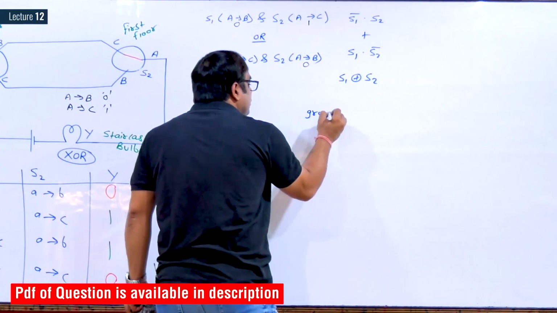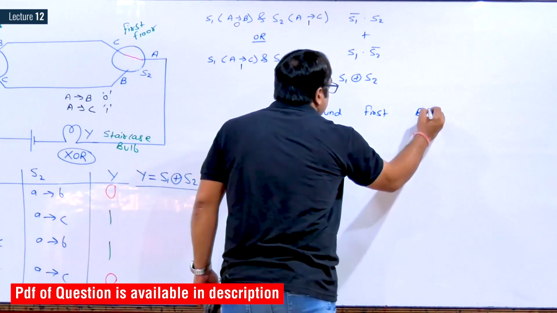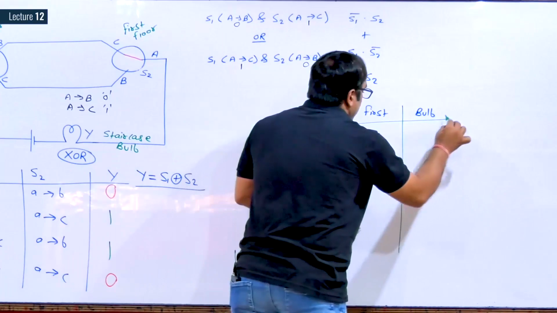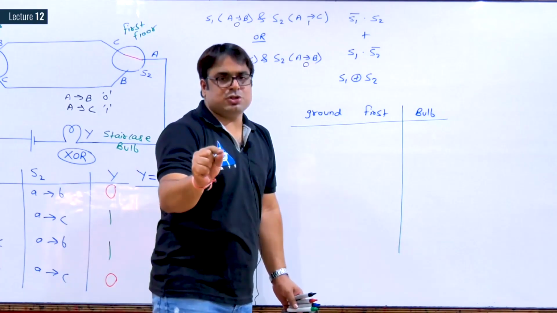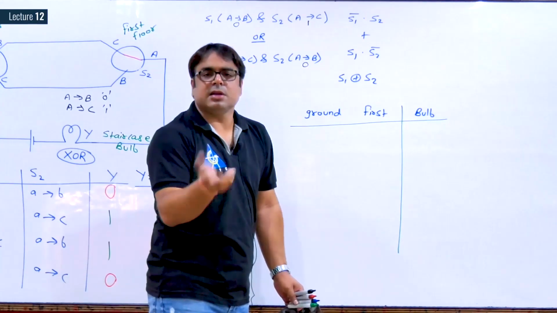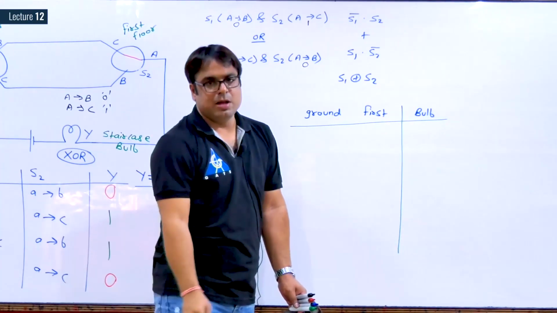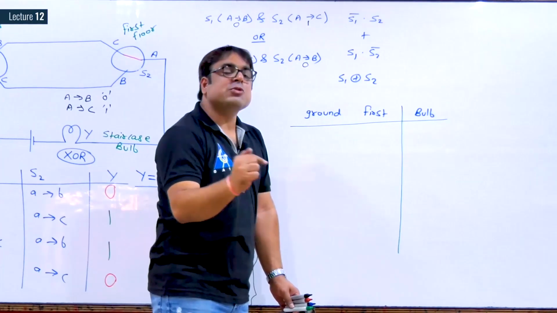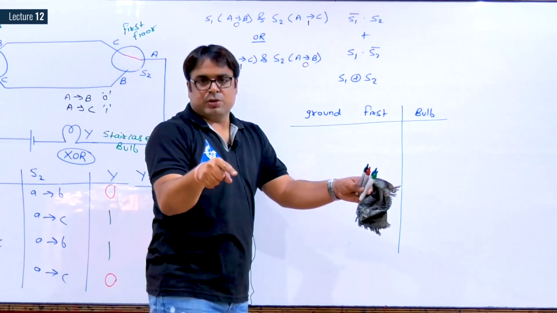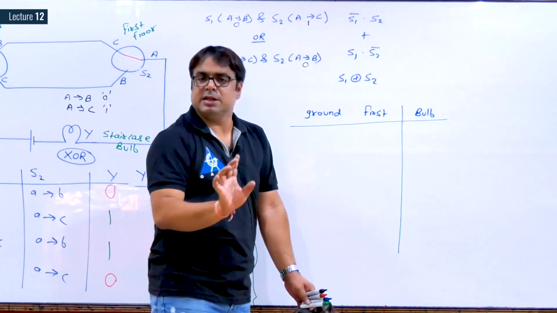So we are talking about the ground floor and the first floor, and the staircase bulb. Now the two-way switch looks exactly like a normal switch to us. We can put it off or we can put it on. But we have discussed in detail that actually it is not just on and off. It depends on the relative position of the two switches.